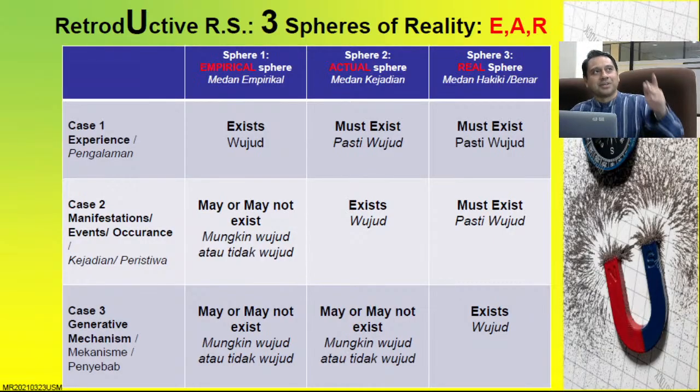Why? Because fundamentally, at the most foundational level of all, is the real sphere. The real thing that's happening is the magnetic power that no one can see, but has manifested itself by pulling the metal, the particles of the metals. But has it existed before? It has existed. The power has always been there, but people do not see it because there is no manifestation